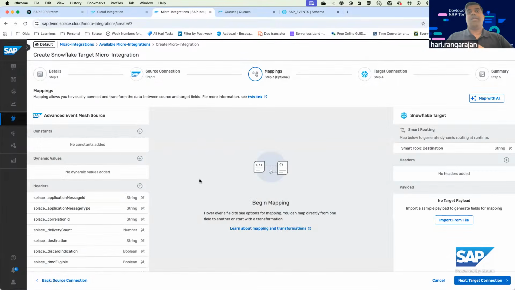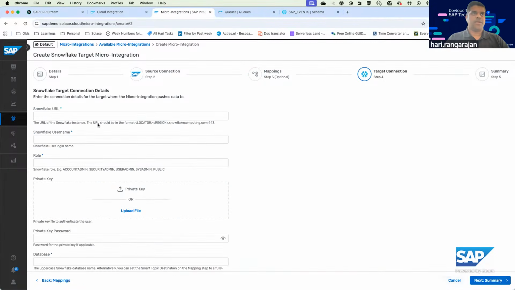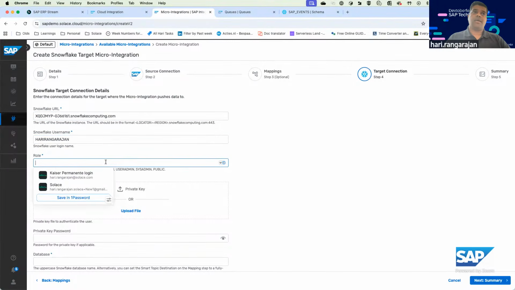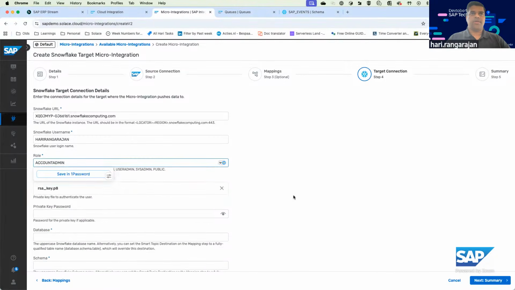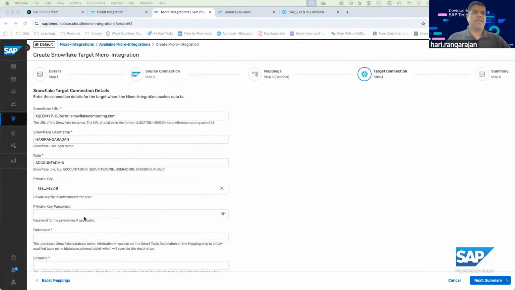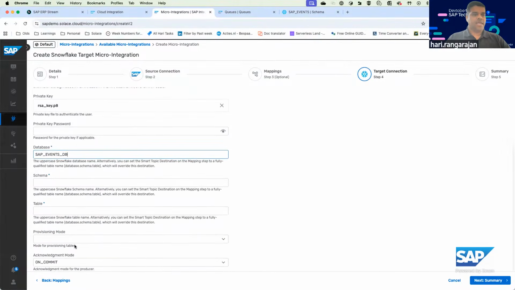So next, you can do a lot of these mappings from the source to the target platform, simple transformations if you want, simple mappings if you want between a source and a target, but we'll skip that for now. We'll keep it simple. The Snowflake URL that I have created over here, this goes in, it's my Snowflake name. I'm an account admin on my demo account, and I have a nice private key for me to use that I have put in. The name of my database, the name of my schema, and the name of my table,